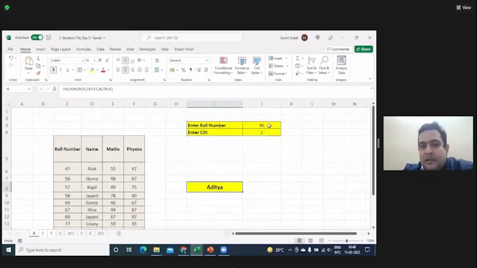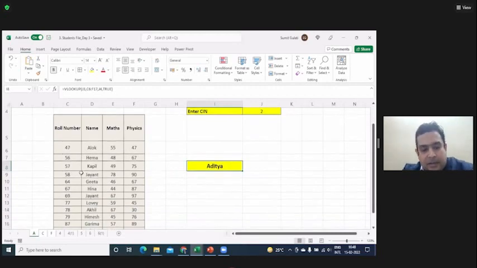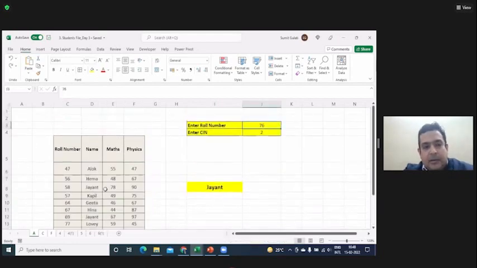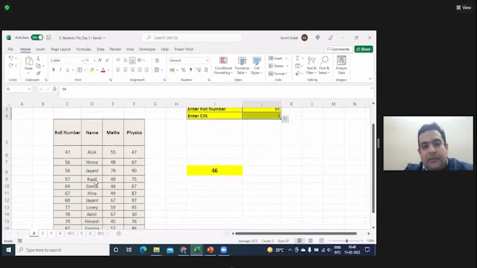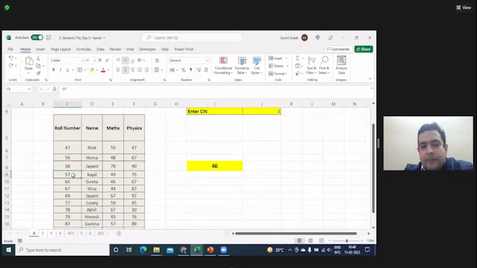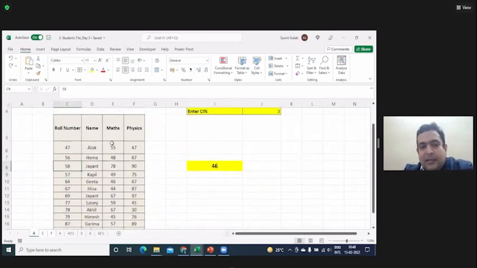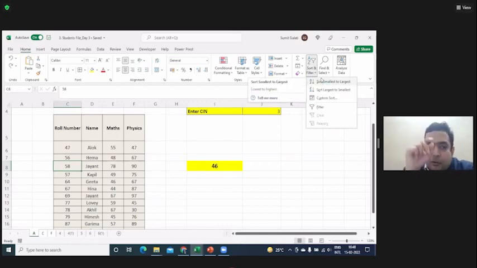Clear? So could you put it in ascending order and show again? The data was somewhat like this initially, where it was not in ascending order. If I put it correctly, 58 was coming before 57. So what did I do? I clicked here, I went to sort and filter in the Home tab and I said sort from smallest to largest. The complete data, not only the roll number, you cannot have a mismatch, right? 47 Alok cannot become 56, cannot become an Alok now. It has to do a corresponding sort.